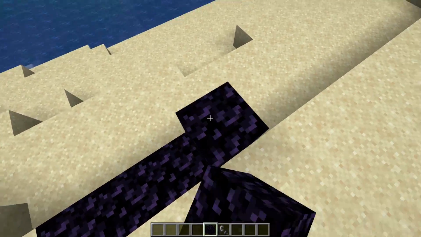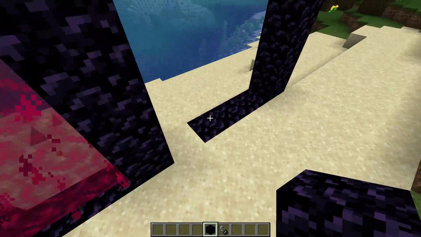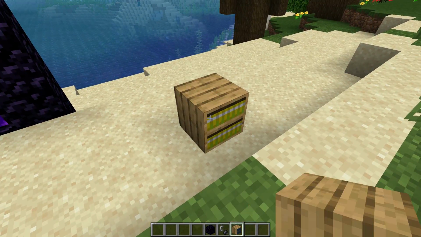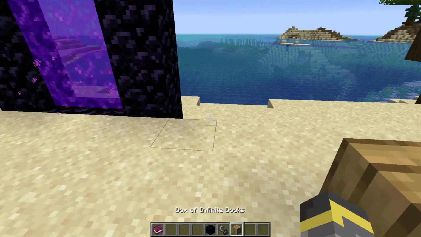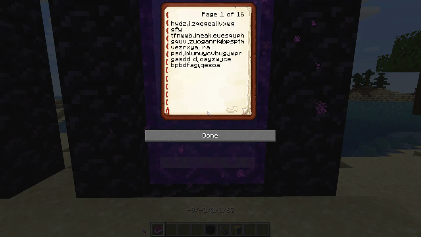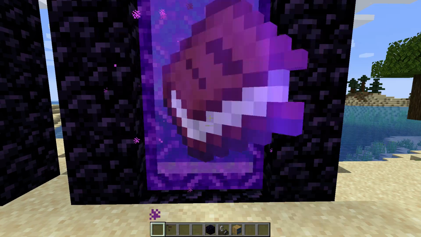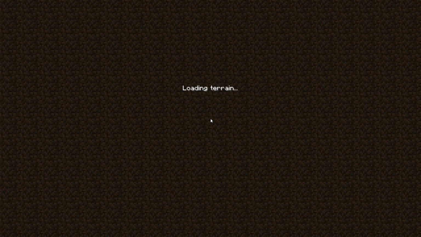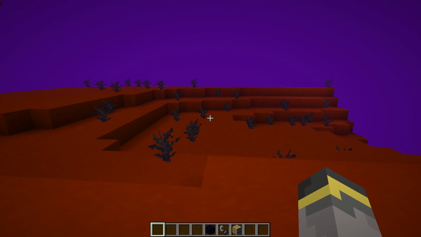This is not it. To check out this more, we're gonna need to build another nether portal. This will do something like that. Then we'll go ahead and place this block down, a box of infinite books. Again, change color this time. Grab the book, use it on the portal, and yeah, that is great. But if we use this on the portal, we throw it on the portal, boom. There we go. So now we go through it, loading terrain, and we are put in another brand new dimension